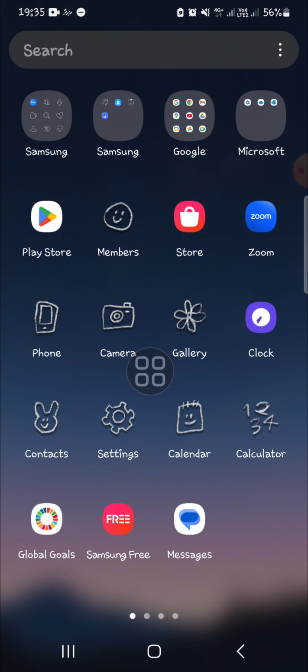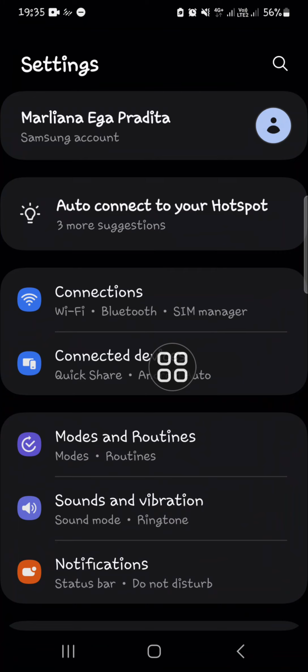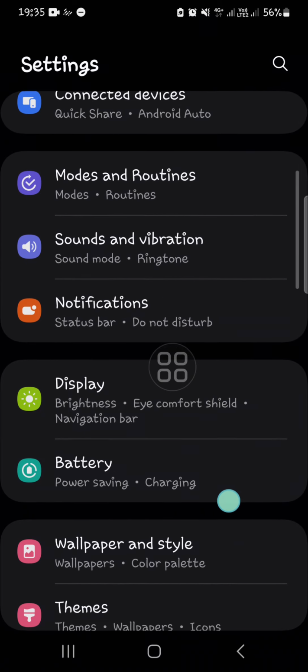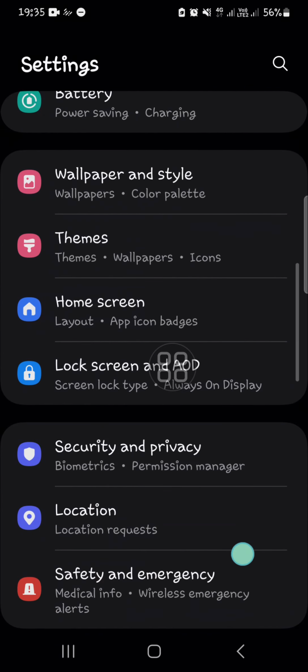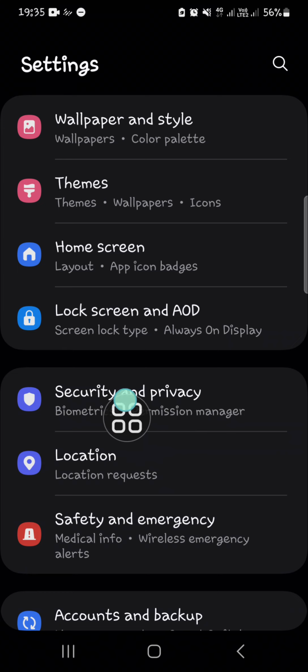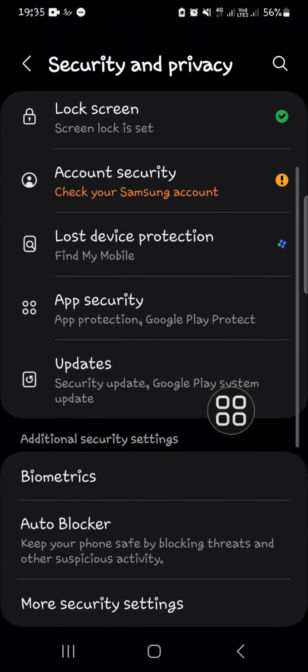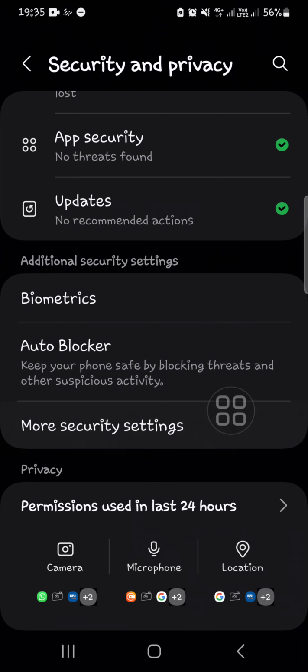First of all, we need to open up our settings application on our Android mobile phone and go to the protection feature. Usually this feature is in the privacy and security setting. Okay, this one. We need to open up the security and privacy and go to the more security settings to